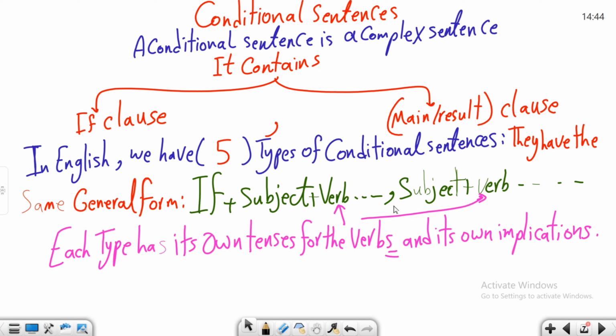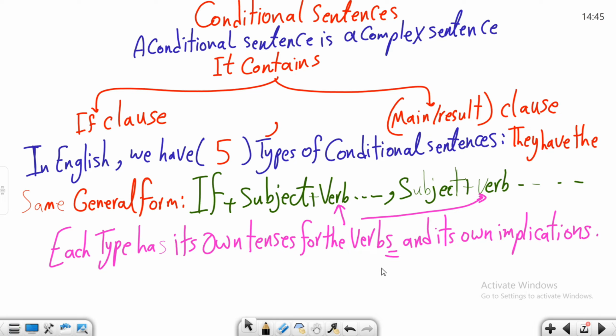And we end this clause with a comma, as you see. And then we have the main clause, which is made up of subject, verb, and the complement of this clause. And the difference between all of these 5 types is only the tense of the verb,